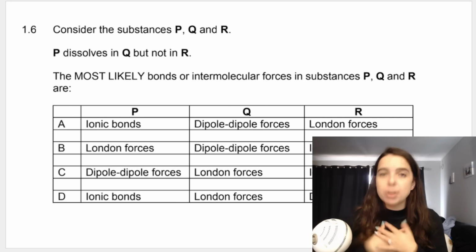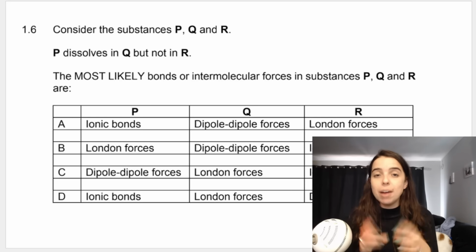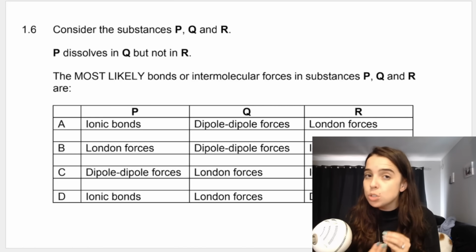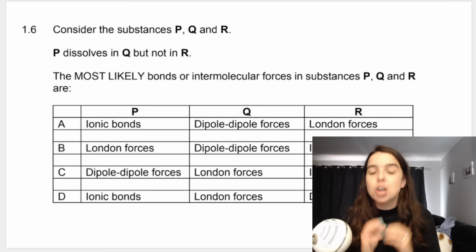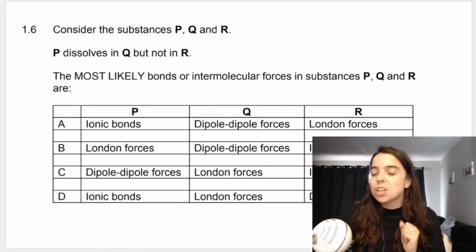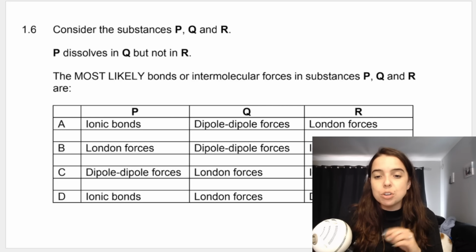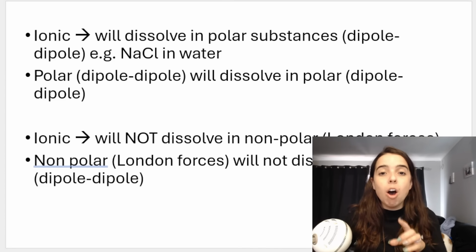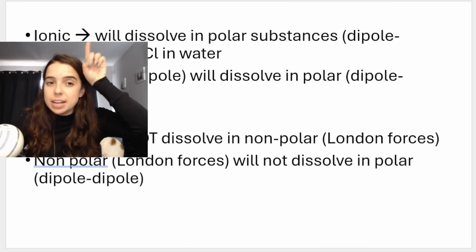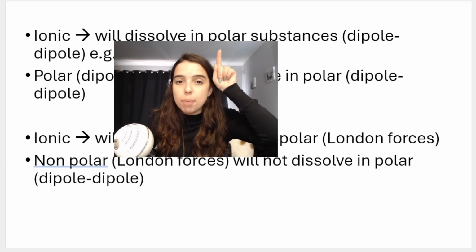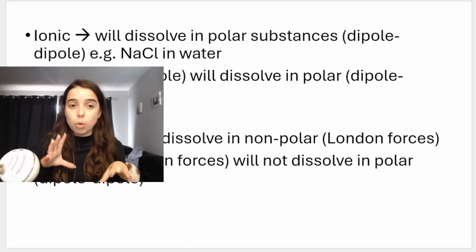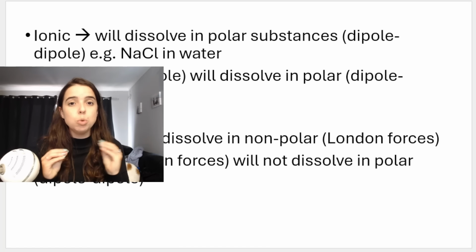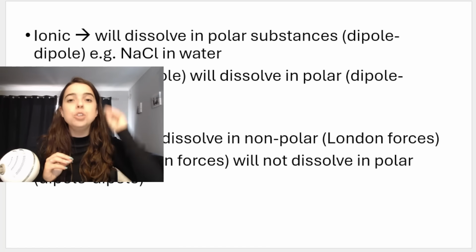And how I remember it is, for example, an ionic compound like NaCl, table salt, will dissolve in water, which is a polar substance. Water has dipole-dipole forces. So I did make a little summary for you that may help you. If you are ionic, for example NaCl, you will dissolve in a polar substance, which has dipole-dipole forces. Remember, if you watch my video on intermolecular forces, you will know if you see polar, you know it's